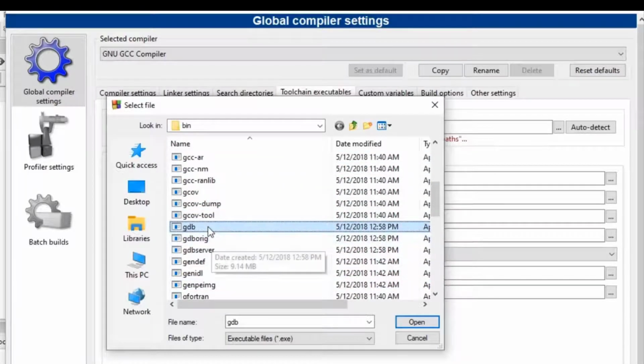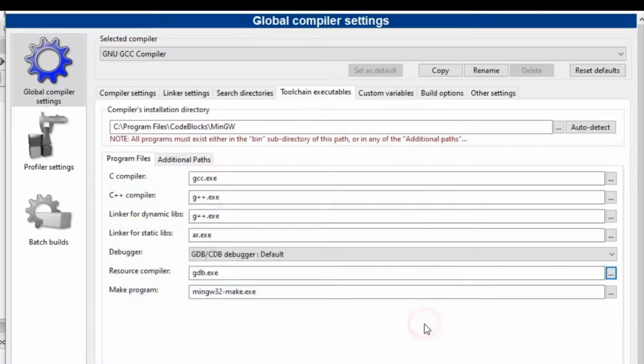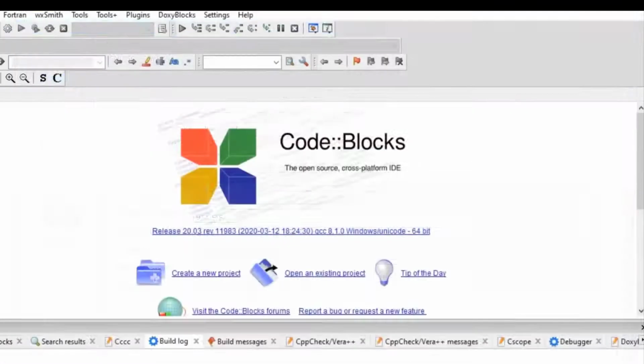Search for GDB. In some systems it will be visible as GDB32, and in some systems as GDB. Whatever it is, click on that GDB or GDB32. Click on open and click on OK.